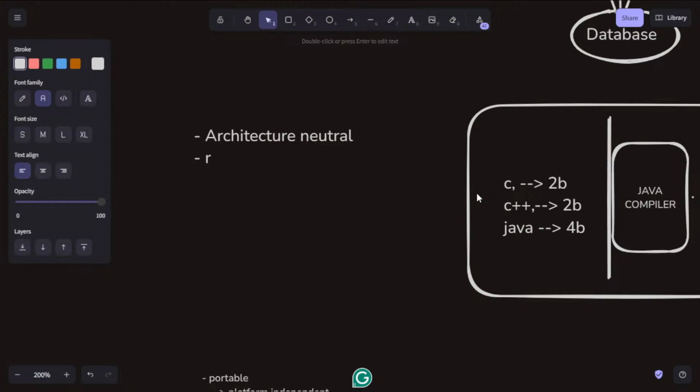That increases the performance on the server. It has high performance compared to C++, though C++ has high speed because it is not required to compile and interpret the code.